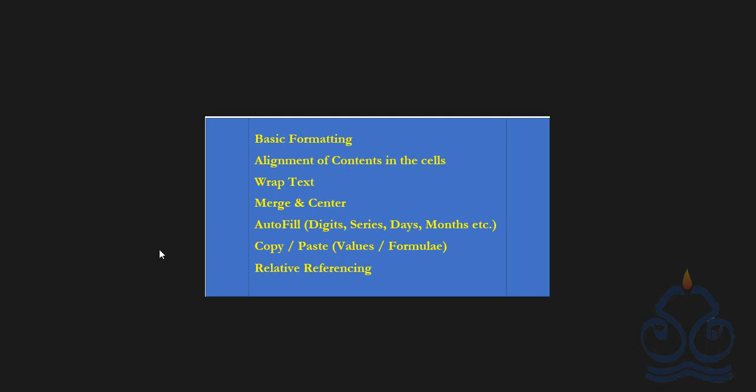to format the contents of the cells, the variety of options for the alignment of the contents in the cells. What do we mean by wrap text? How it works? The merge and center inbuilt option of Microsoft Excel, and a very interesting and useful series of